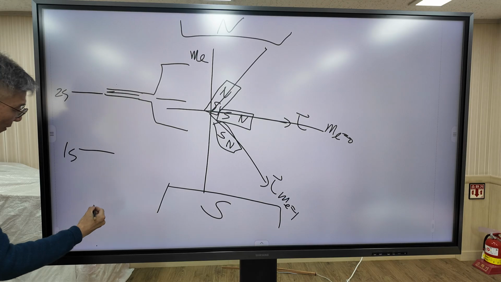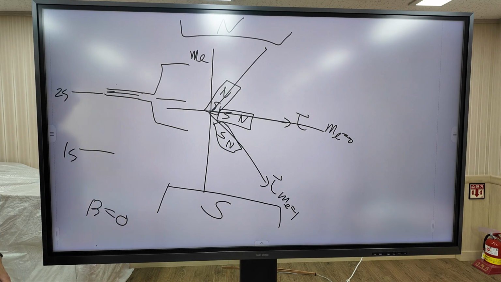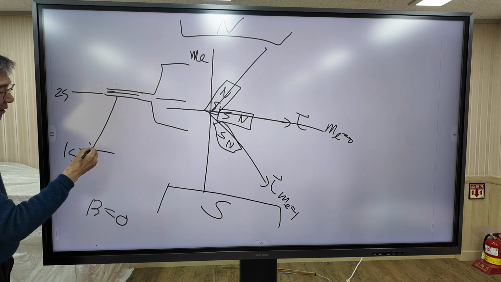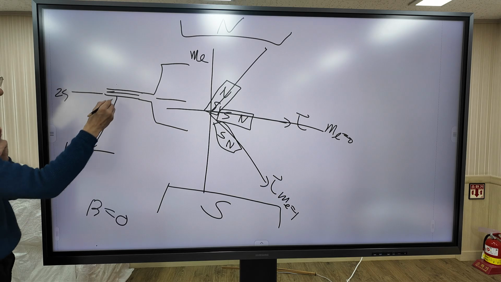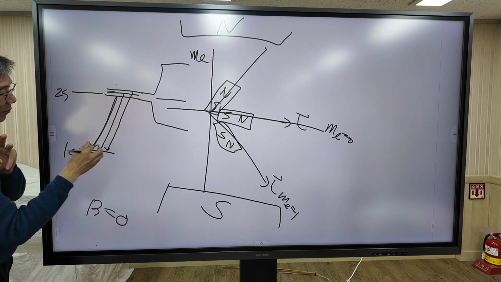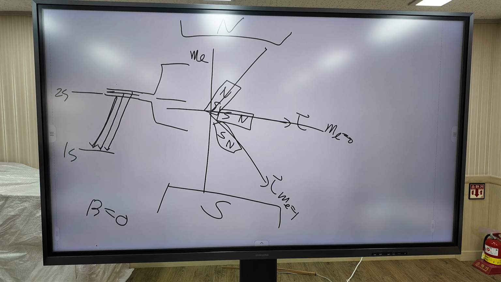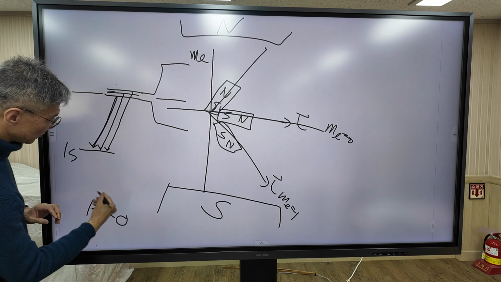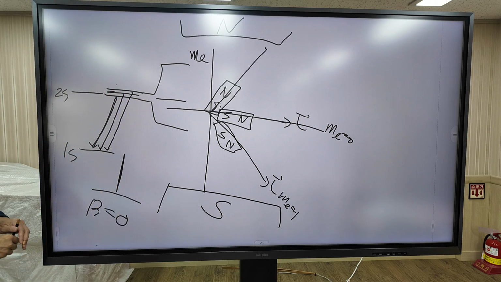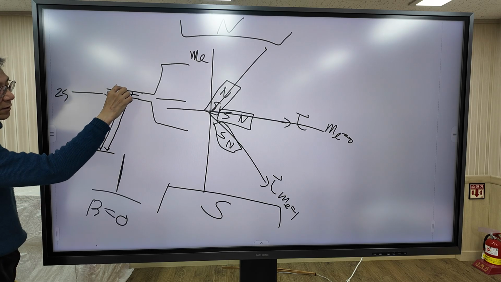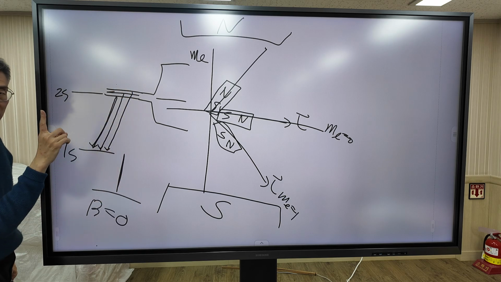Now, when there is no magnetic field, we can observe the transition from the 2p to the 1s state. We can actually observe 3 transitions: 1, 2, 3. But the 3 transitions occur at the same frequency because all 3 energy levels are the same. So you only observe a single peak, even though 3 transitions are allowed. Because the 3p orbitals are degenerate, we observe only a single peak.